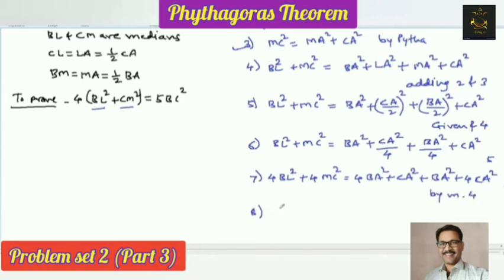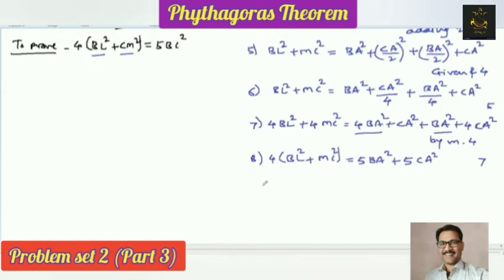Now look here. What will we get here? May I take 4 common here? That is BL square plus MC square. This side, what is this 4 BA plus 1 BA? Right, here 5 BA square. Again here also CA and 4 CA, 5 CA square. This is from 7. Now look friends, we are just about to complete now. This side just keep as it is.